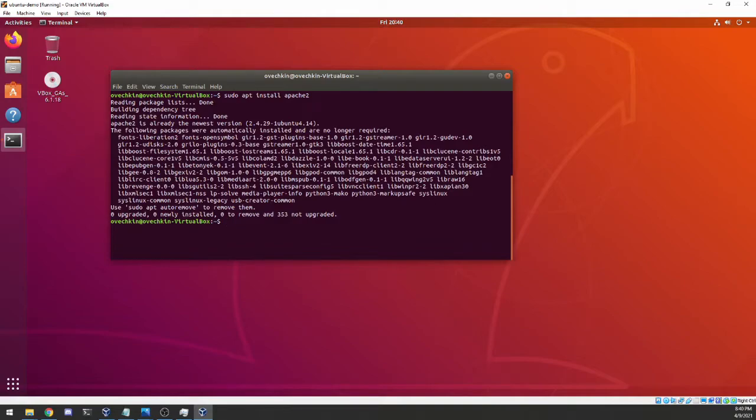And just a heads up, I already have these things installed here. I'm running a virtual machine. I installed them ahead of time because I don't have great internet where I'm at. So basically you're going to see a different output from this, but it should tell you that it's successful. Mine's basically already telling me that it's done. So first thing we need there is the Apache server, and second thing we need is